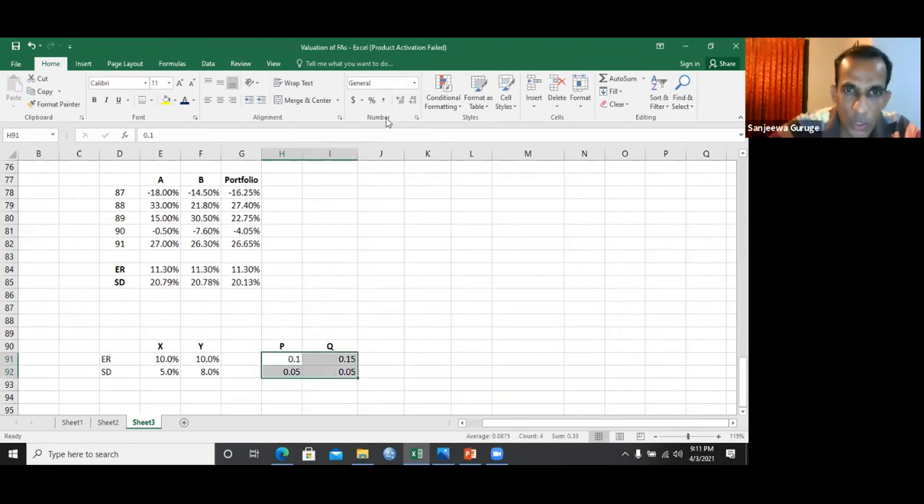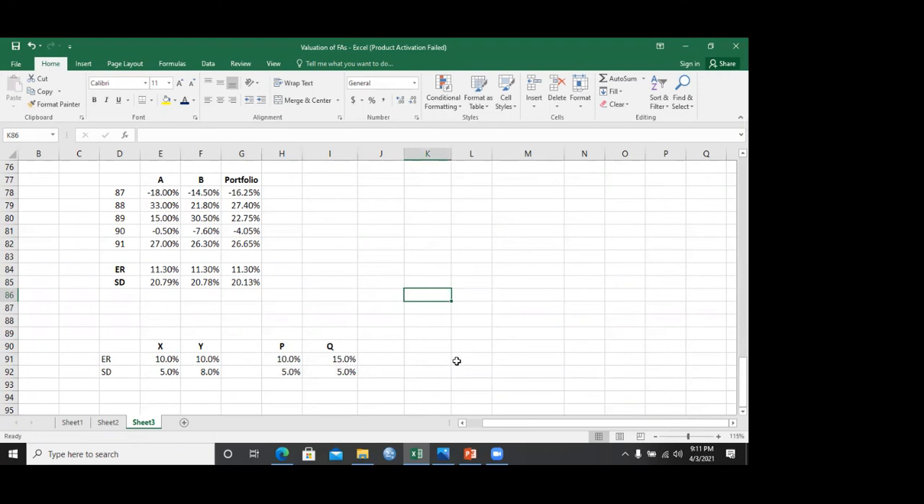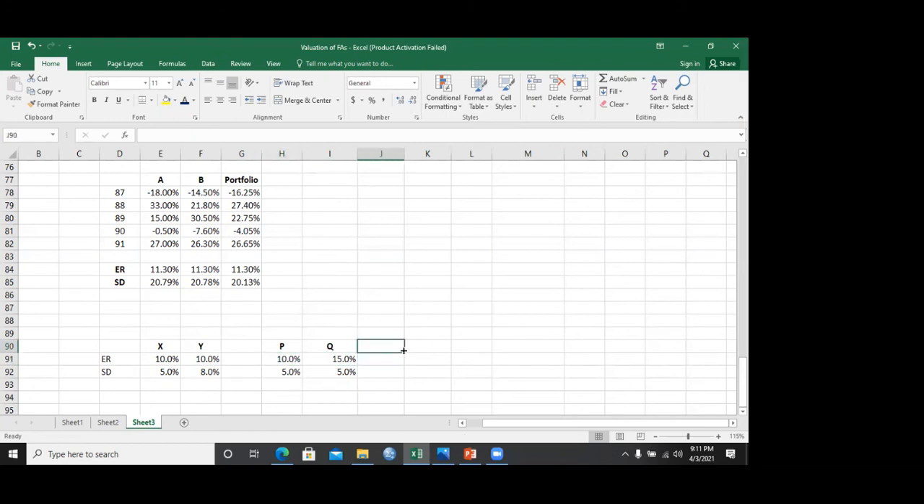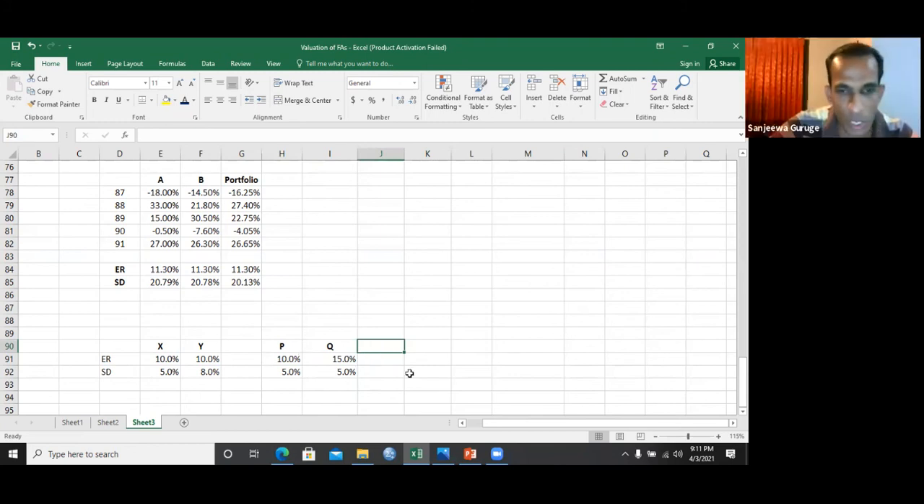There are two stocks with this risk and return. Which one is better? Q is better. Why? Because the standard deviation is the same. If the standard deviation is same, we have to identify the asset with the higher return. Return is higher, right? So if the risk is same, the higher return asset is better. And if there are two assets like this,